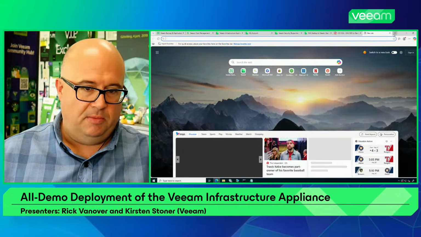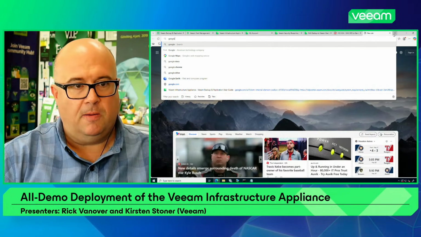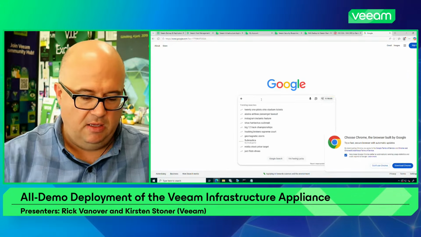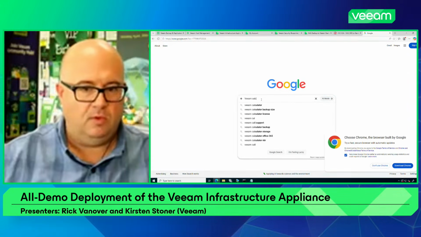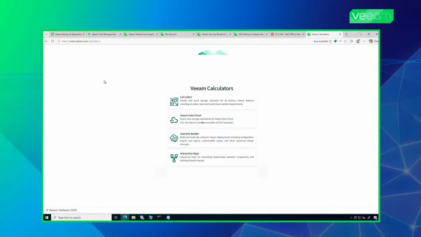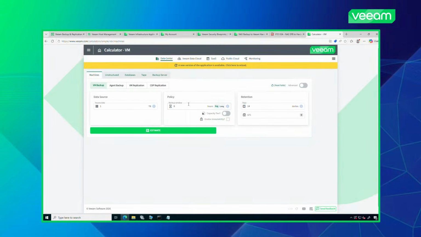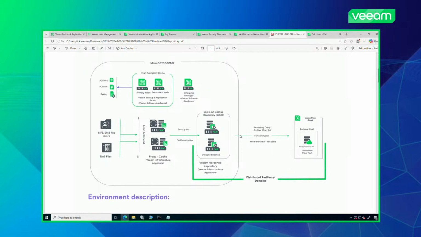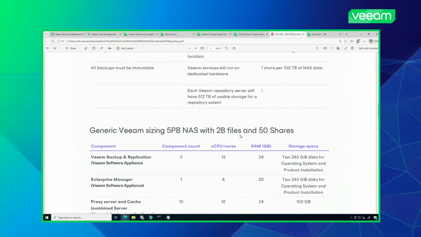And then I'm going to put my internet to the test here. Let's see here. If I go to Google and I just say Veeam calculator, I think we'll be able to get, yeah, it's calculator.veeam.com. I didn't even need Google for that. But I highly recommend you go if you're thinking about, well, how big do I need to make it? Do some cycles here where you put in some information about your environment, like how to size the proxy and repository when something like this doesn't cover it. Like, for example, here's an example that has Veeam Infrastructure Appliance and Veeam Software Appliance. And if I go down to the sizing here,